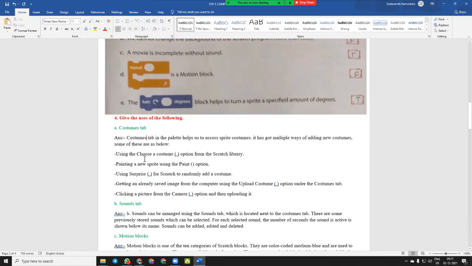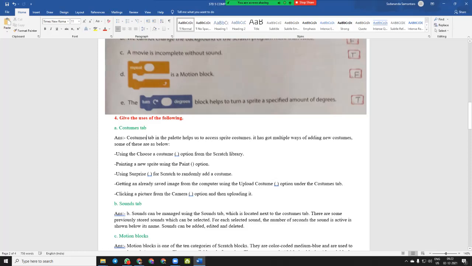First one is using the choose a costume option from the Scratch library. Painting a new sprite using the paint option. Using surprise for Scratch to randomly add a costume. Getting an already saved image from the computer using the upload costume option under the costume tab.